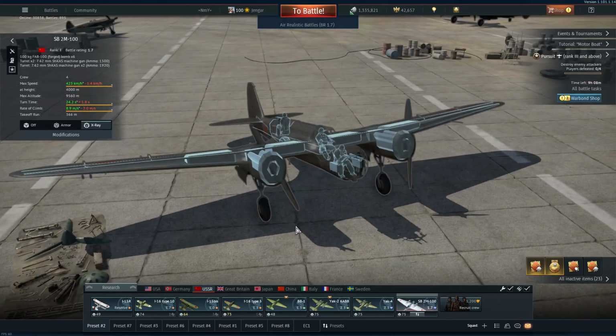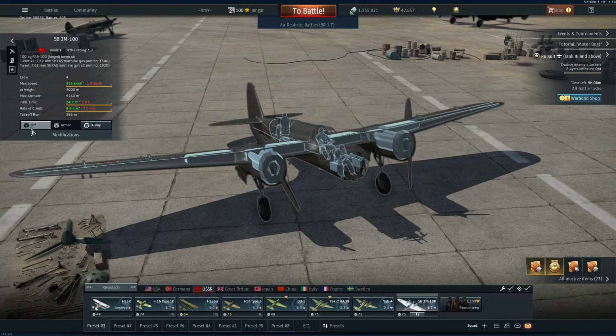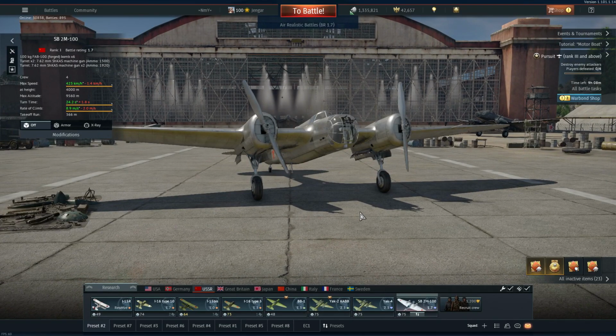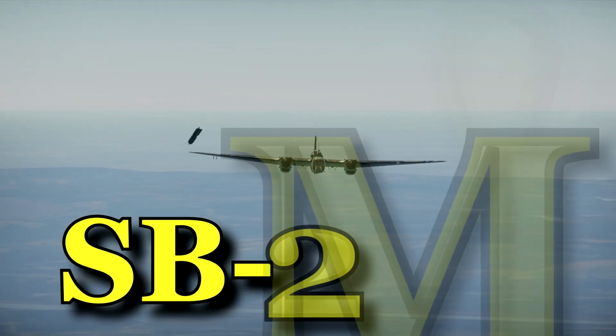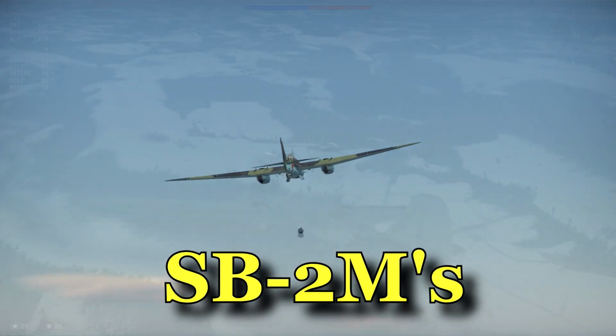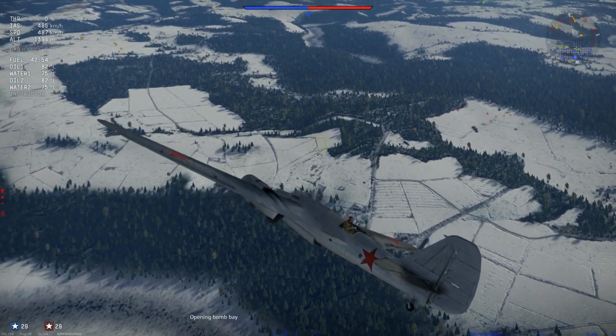So there is that. That is always nice. A few bomb options on this plane, but let's take a look at how she performs. So we arrive at the bomber line for the Soviets, and it starts off with the SB-2Ms, 4 of them,